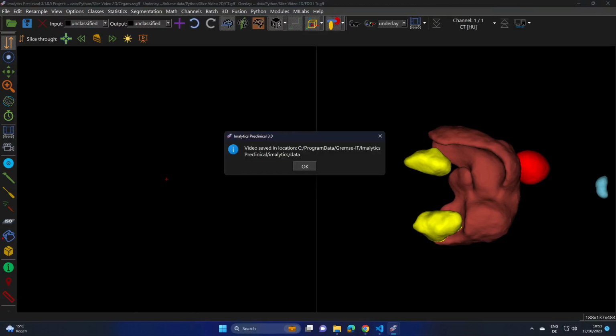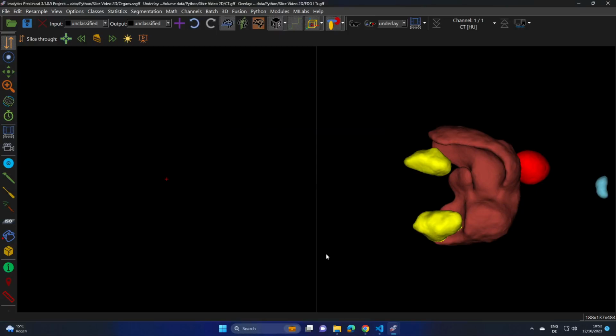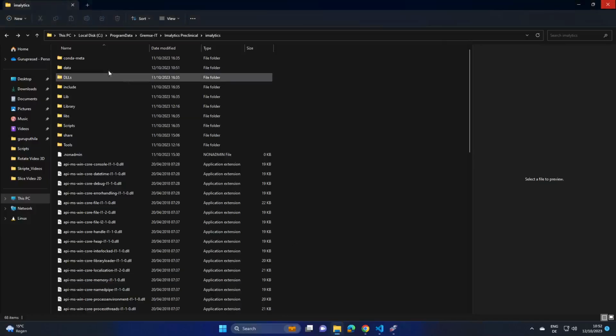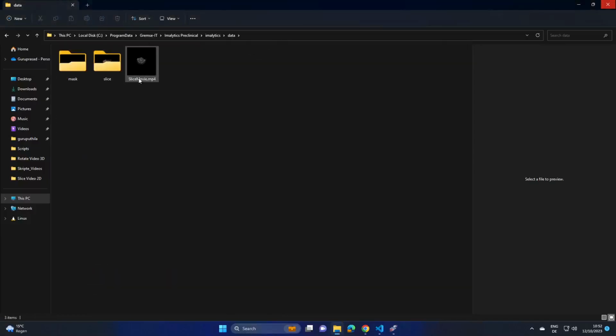After execution, you should be able to see the saved images in the respective folder. The final video that is obtained from the saved images can be found as shown in the location here. As we go here, we now have a nice video containing the slices of the 2D images.